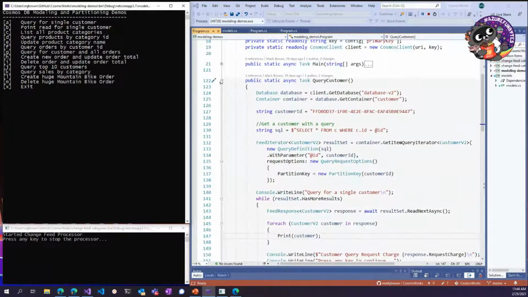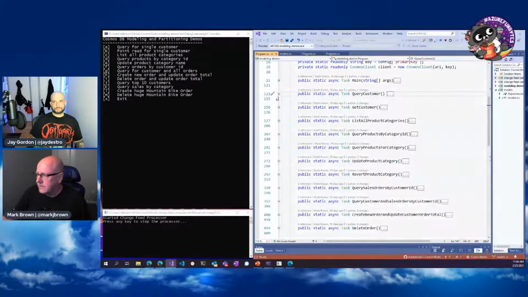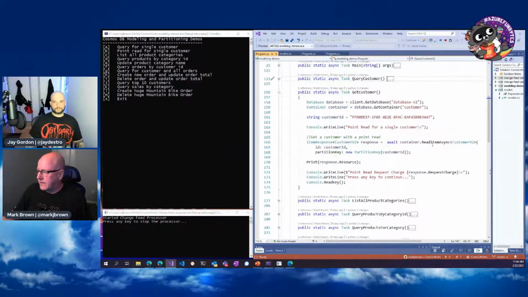This is great if you want to fetch rows and rows of data, and here I'm only requesting a single row. But here's another thing I want to show you. If you're just looking up a single item of data, we have this other function called read item async, and this executes what we call a point read in Cosmos. To do a point read, you need just two things: the partition key for that data, so what server or partition that data sits on, and the ID for that data. Within every partition, the ID is unique.